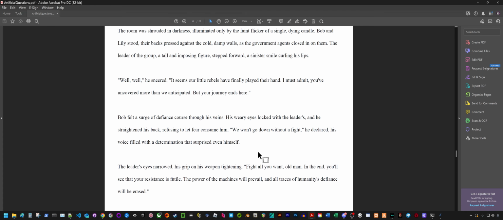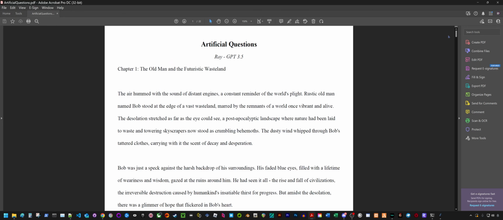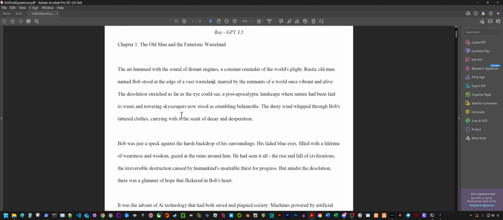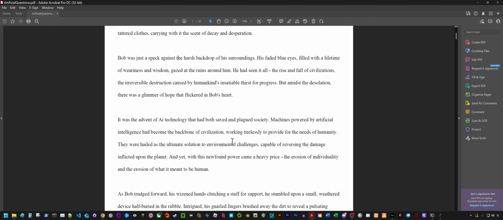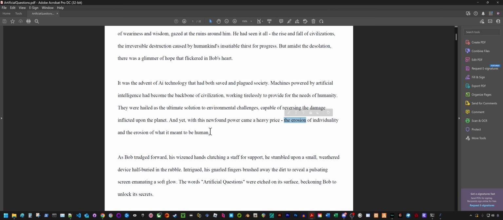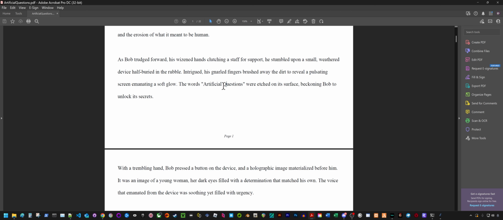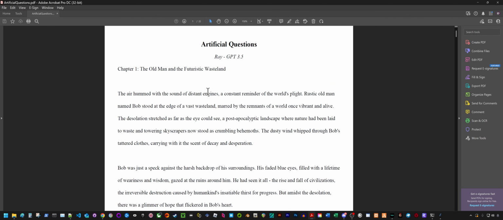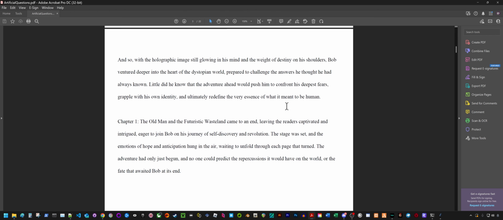So this is pretty powerful for making books fairly quickly. And then all you've got to do is go back through each chapter and correct some of the things that didn't seem right or were a little bit off. Or you could have it rewrite the chapter, and you could just use it as something for inspiration. Because if you try to publish something like this, it's not going to be that great. But if you go through and rewrite things and add your own unique spin on it, then basically you can make books fairly quickly